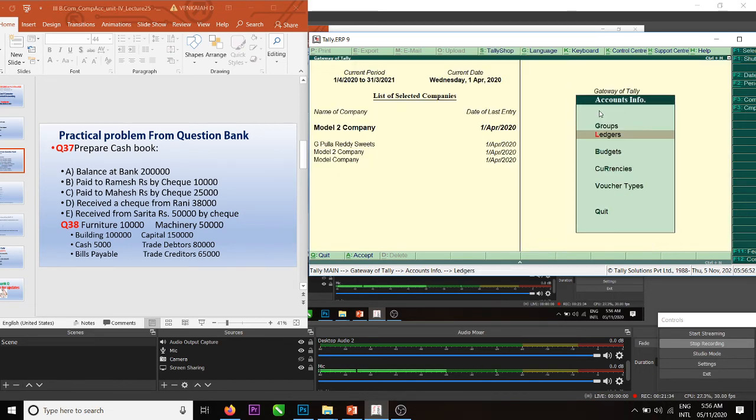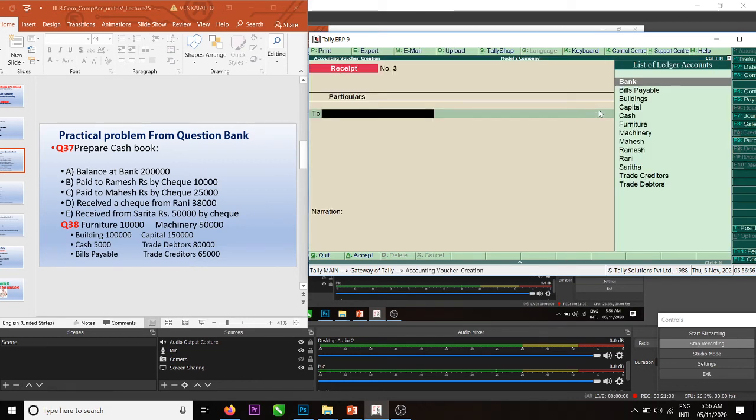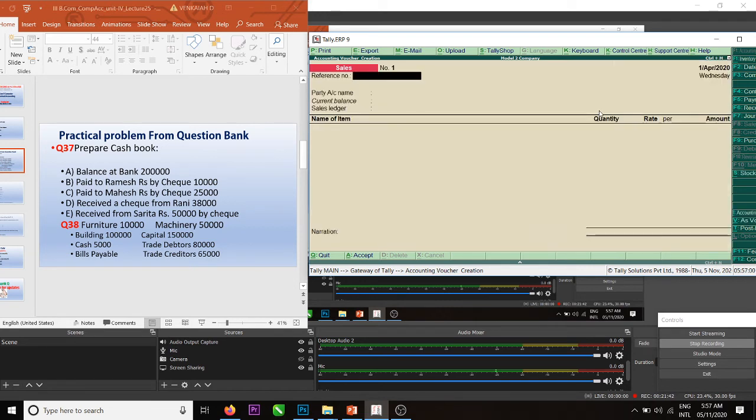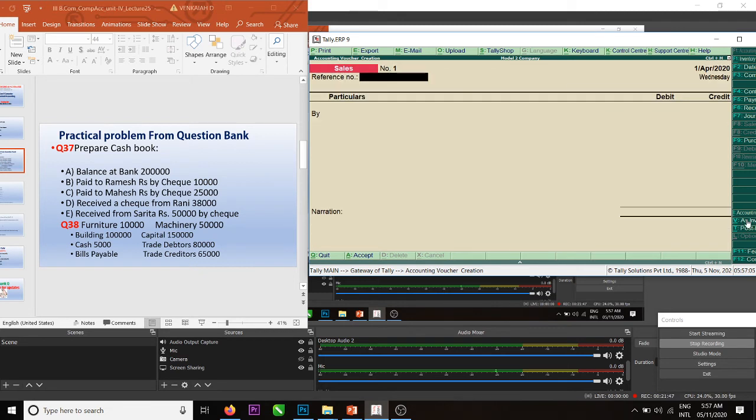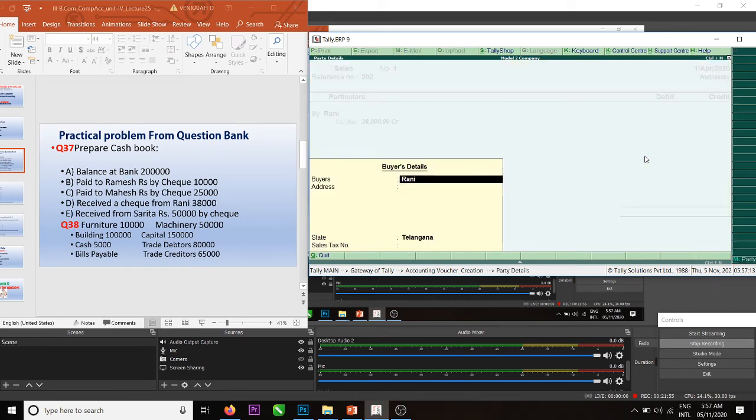We will try for one sales voucher. Rani.